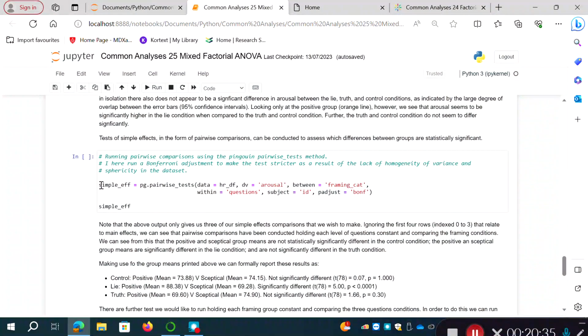What I'm doing here is creating an object called simple F, for simple effects, using pairwise tests. We're using the HR data. Our DV is arousal, our between subjects factor is the framing category, within subject is questions, and the subject identifier is the ID variable, so we know which participant contributed which value to the repeated measures variable, questions. And we're going to use a Bonferroni adjustment. Let's run this,